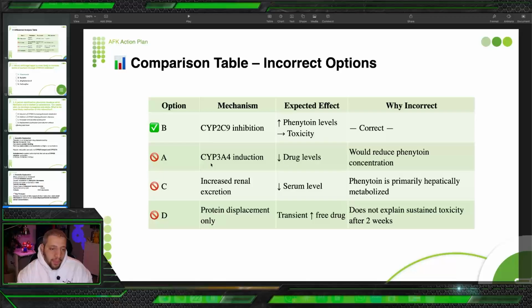Let's see the other options. CYP3A4 induction, no, this will decrease the level, so this reduces phenytoin concentration, so it is unlikely this patient will develop signs of toxicity. C, increased renal excretion, again, this will decrease the serum level, away from toxicity. Protein displacement only, this will cause a transient increase in the free drug, and does not explain sustained toxicity even after 2 weeks